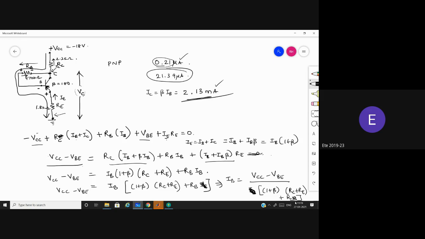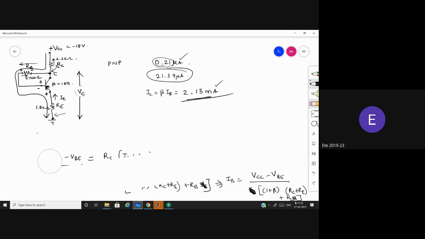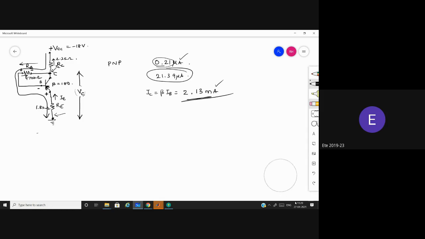Now what is the next part we need to do? What they have asked in the question, we need to find the VC value. Sir, here VBE value, what should we take? 0.7 only, they have told silicon. Yes, sir. So now the next step is to find the VC value. Can we find out VC value directly from here? No, sir, you have to apply KVL to the collector circuit.